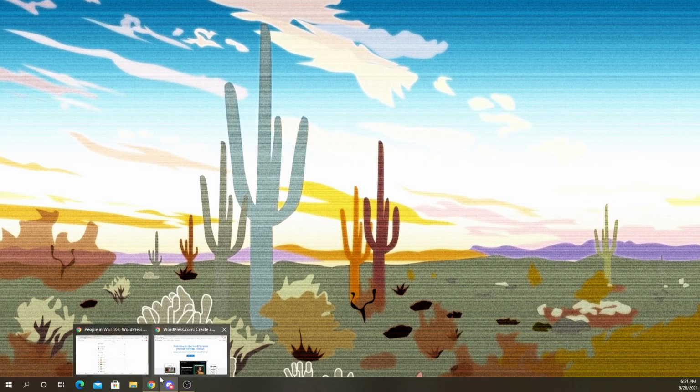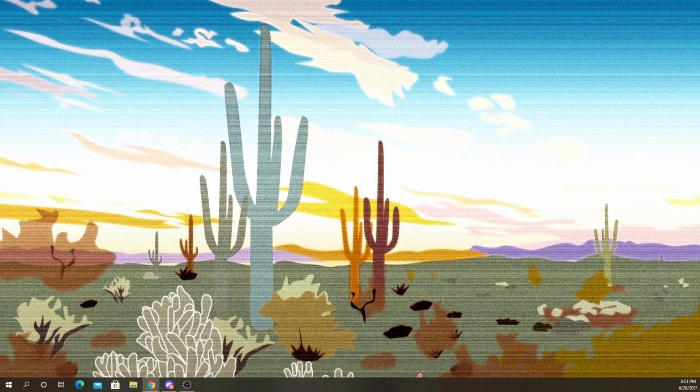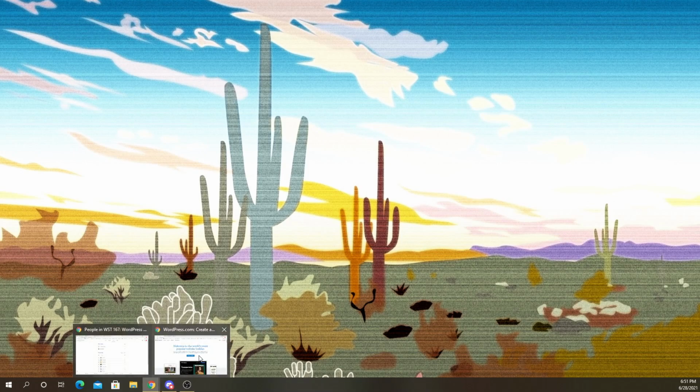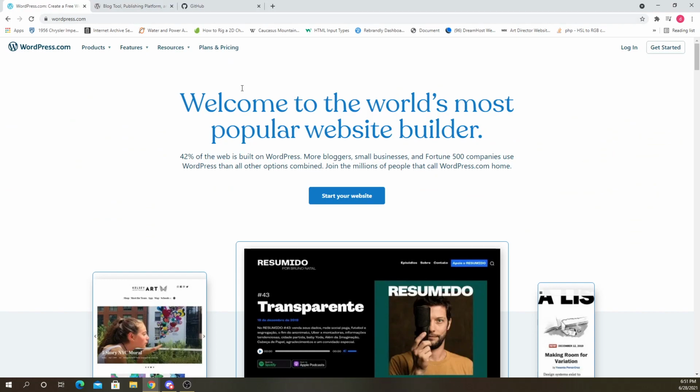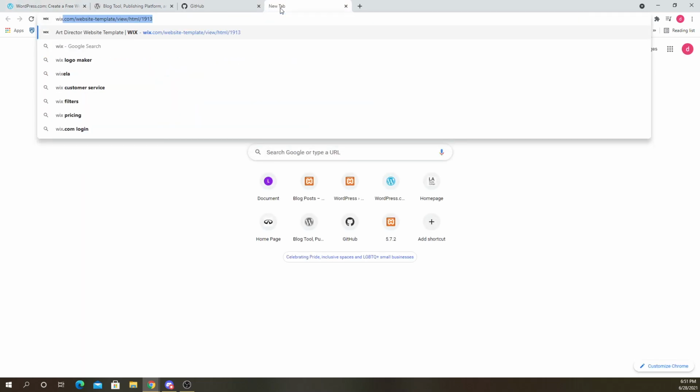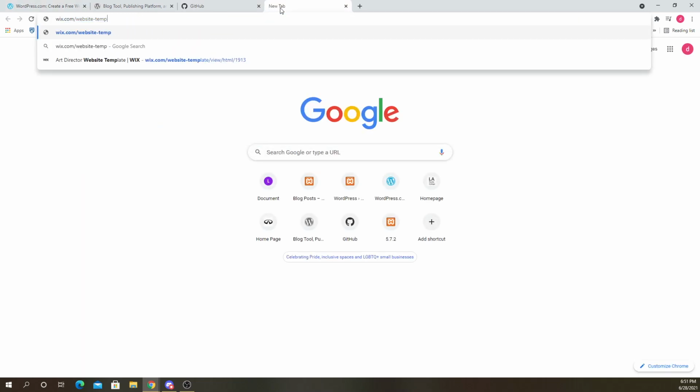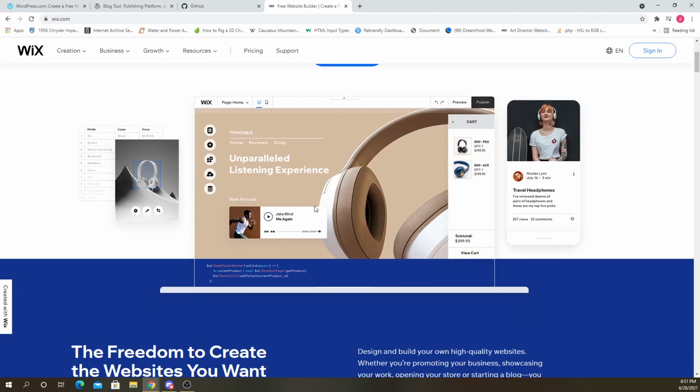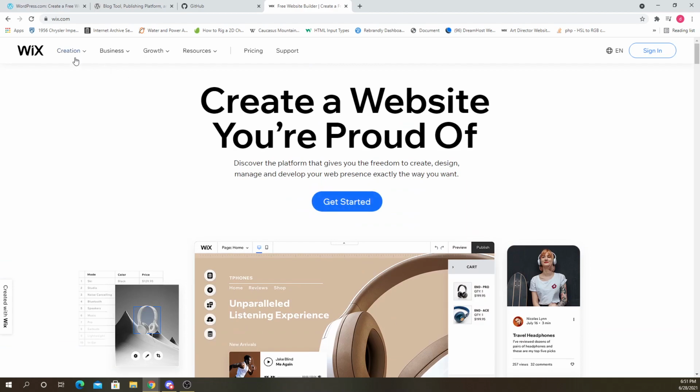So what is WordPress? It's just a tool to build websites. It's the most popular tool by far. So you've probably heard of other ones like Wix.com. They help you build web pages.